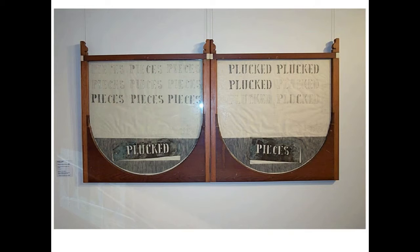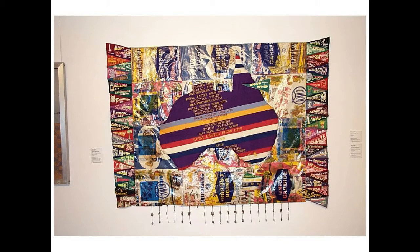So everything I did at this time was all collage. I did painting at art school, but when I had my first show at Bonython's, it was mainly found objects. In that show, I had 2 pieces bought by the National Gallery while I was still a student, so it sort of went from there. This was after I had the show at Bonython Galleries. It shut down and went to Adelaide, and then I changed to Hogarth Galleries, and this is a piece I did at Hogarth Galleries of all the